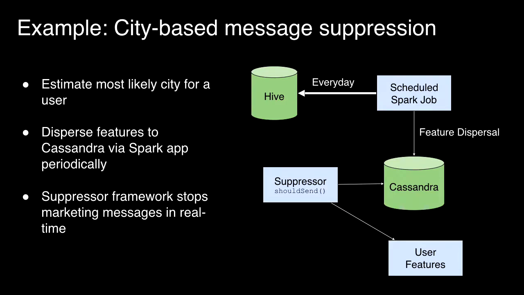Diving deeper into city-based message suppression, what we do is we have a scheduled Spark job, which is pulling data from Hive